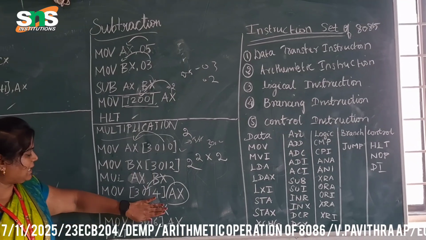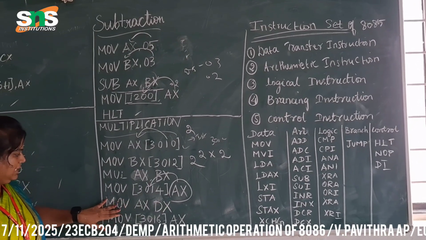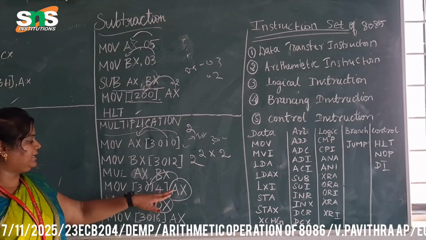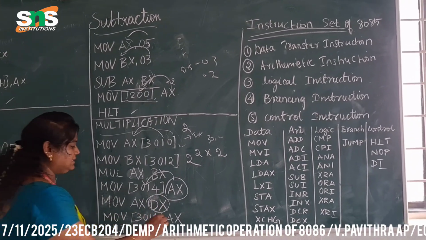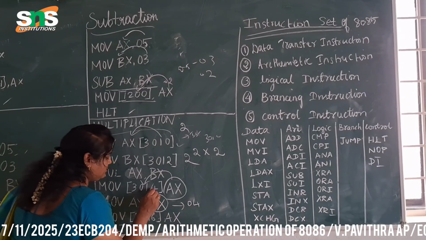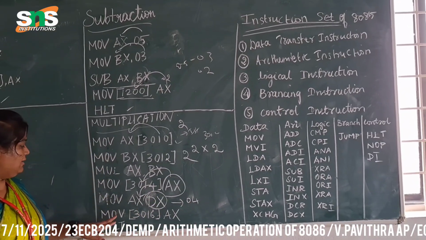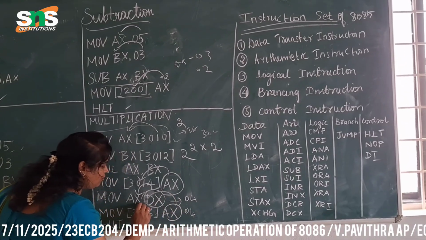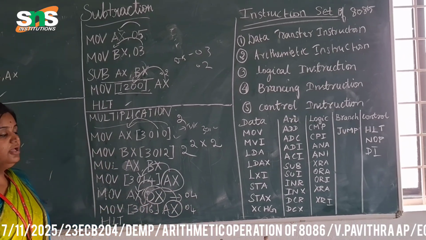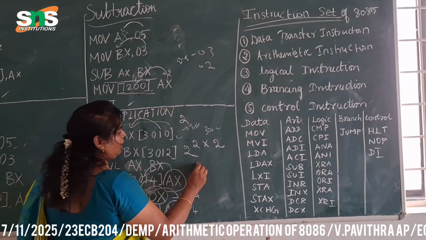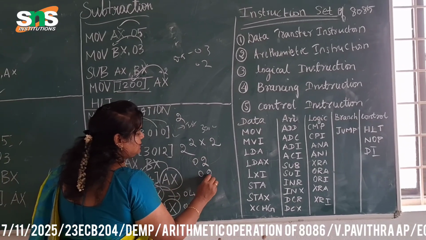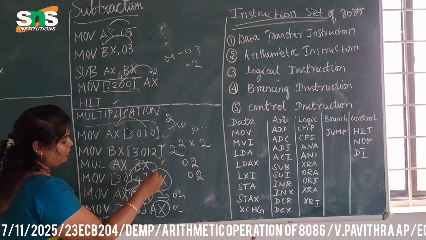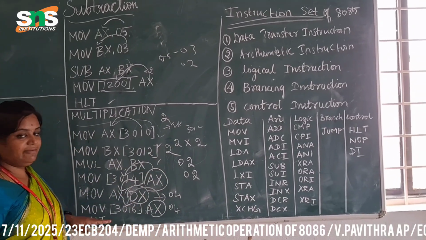Then you can skip this, because the DX is nothing but a register. The output can be stored in a register also. The register will have the value 4, which will be moved to the AX, and finally this value 04 will come here. Again it will move to another address. It is called halt. One more time, if you have a 02, it will take it and loop and go for the same instructions. Finally we will end with the halt.